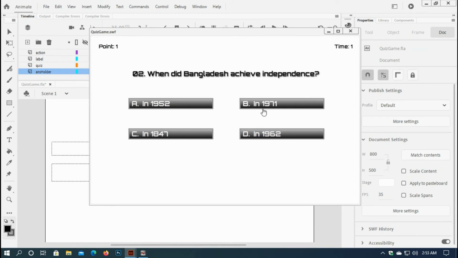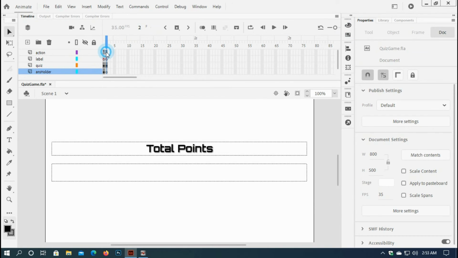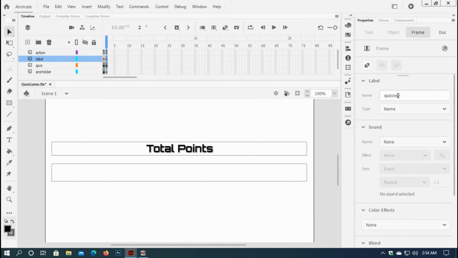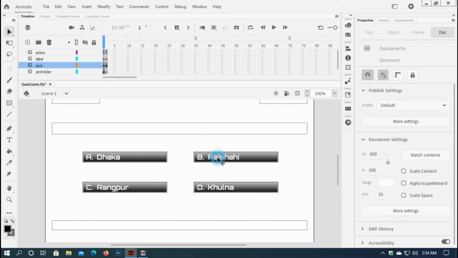When the last question appears and when I click the correct answer or wrong answer, I want to go to this frame, this quiz over frame, to see the total point text and the total point. So here I have to